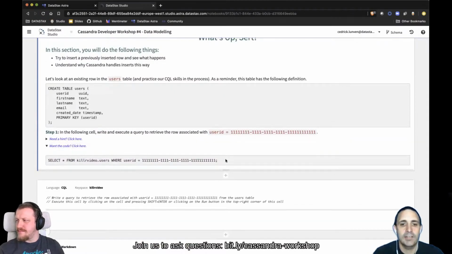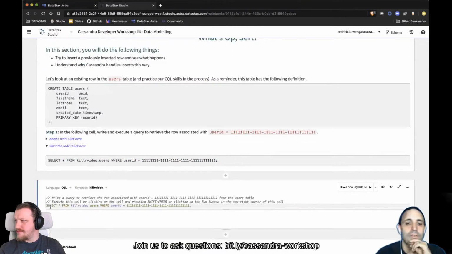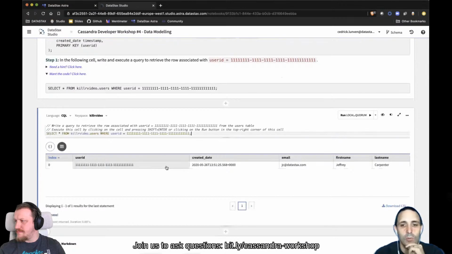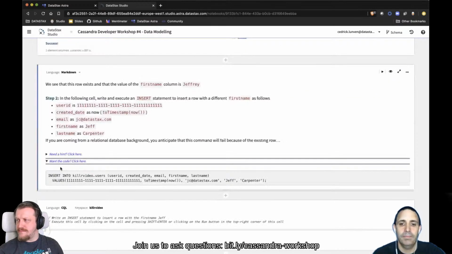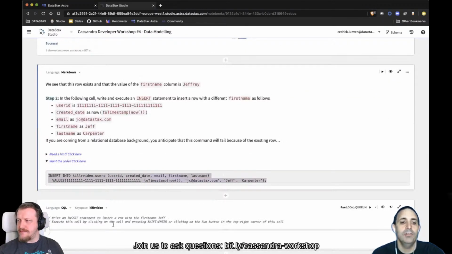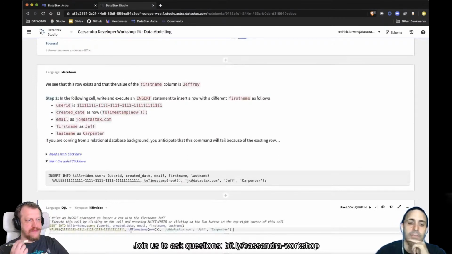I select. So first, I see that in my tables, I do have an existing record, 1111, with email gc@datasax.com. Okay. I will try to insert the value with exactly the same primary key, okay, user ID. And now instead I've just changing the timestamp.